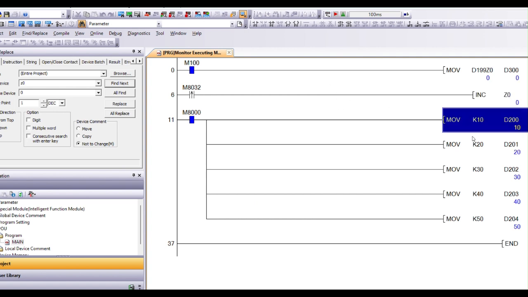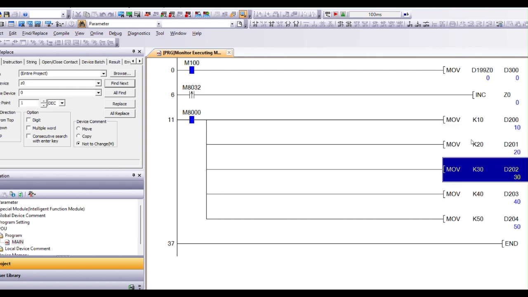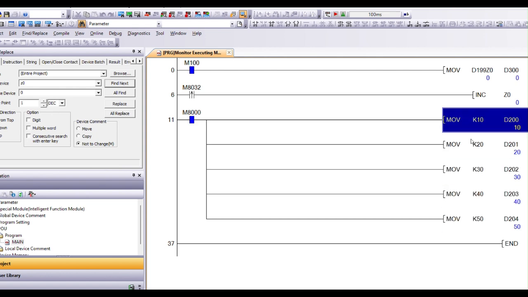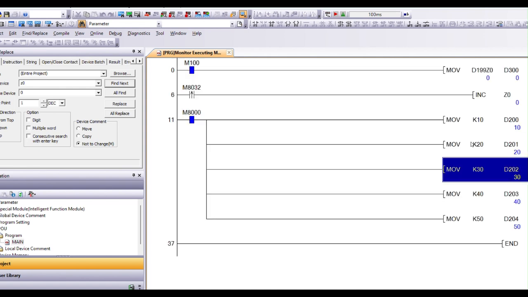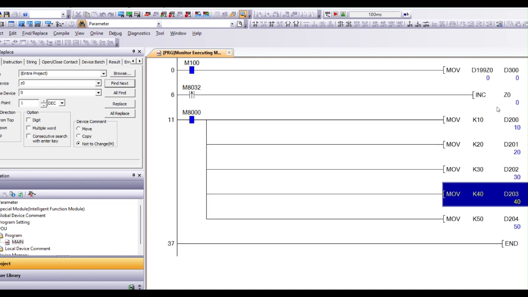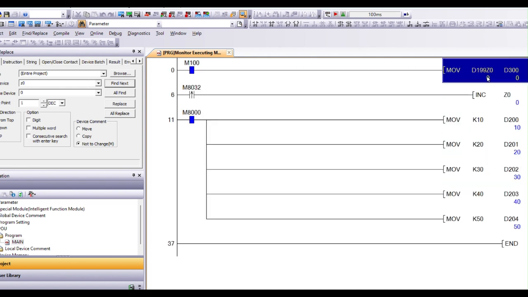Here, the different numbers are moved to their addresses, okay, and this address will convert this value to movable a different device number, okay. So here I'm going to increase the Z0 and this Z0 makes a different device number